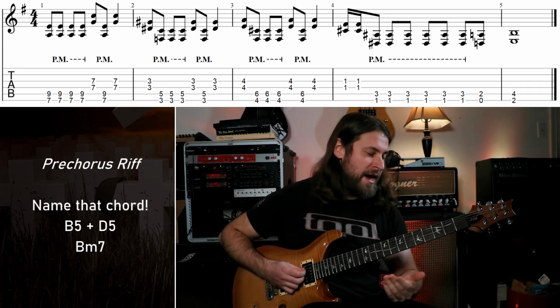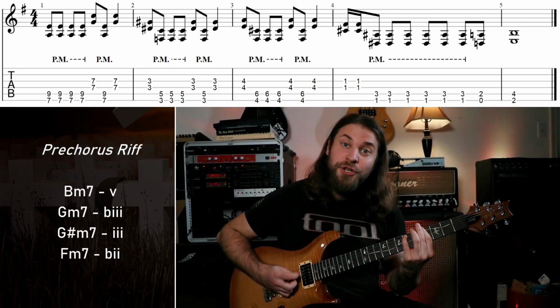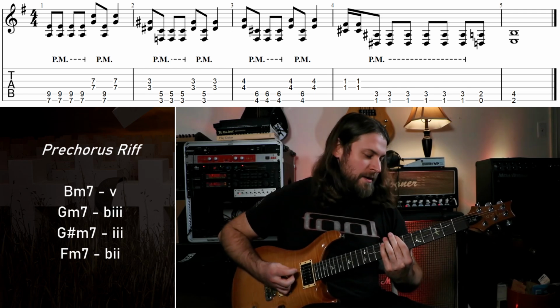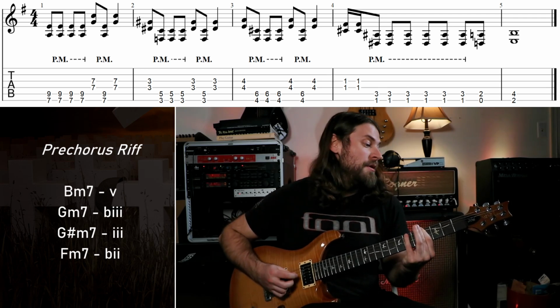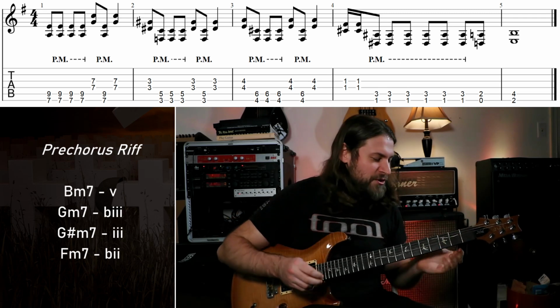Going right before that. Then we head right down to G. Then to G sharp. And then that rhythm on F. So let's hear that again. We got B, B flat to G, B to G sharp, and then an A flat to an F, creating all minor 7th chords